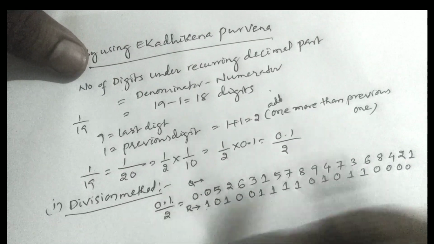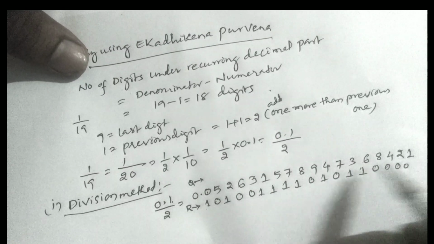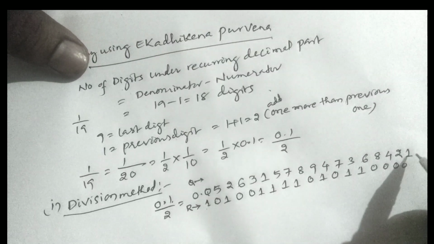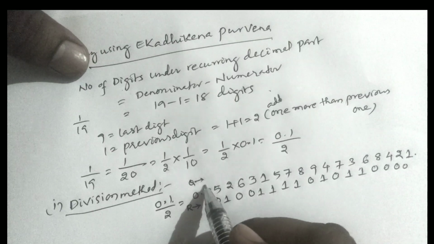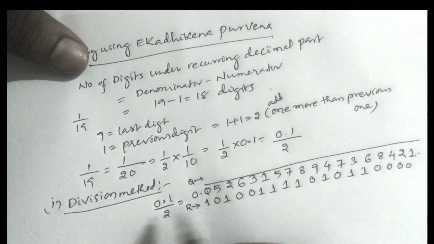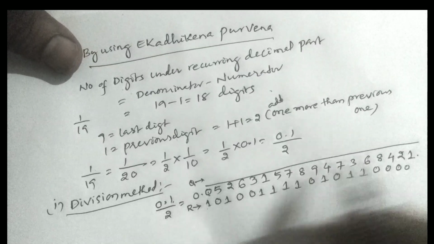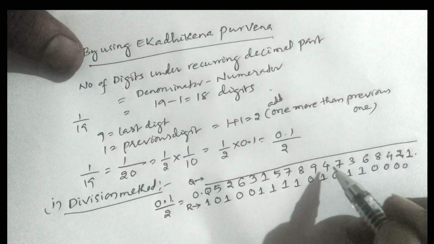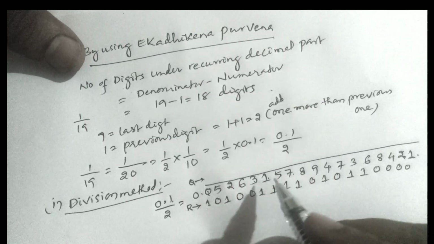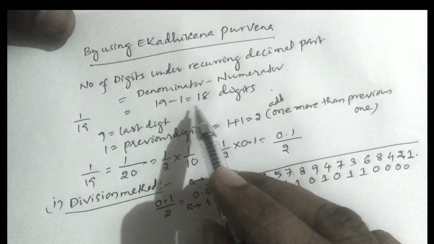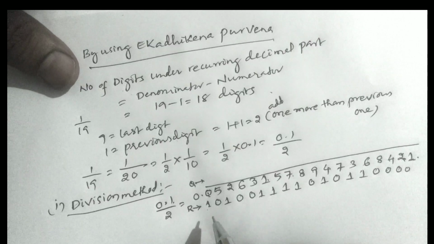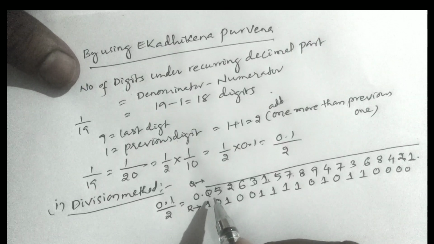Therefore there are 18 digits once you count now. See here, these many digits are recurring in our decimal part: 1 2 3 4 5 6 7 8 9 10 11 12 13 14 15 16 17 18. So it is calculated very easily by this method compared with our normal method.